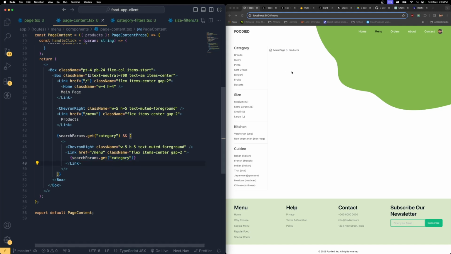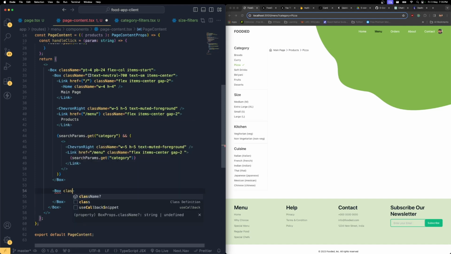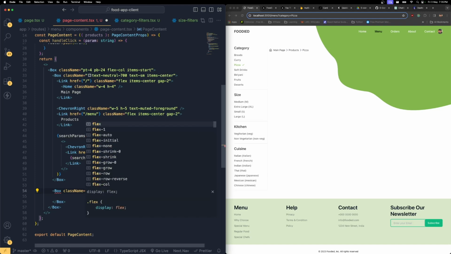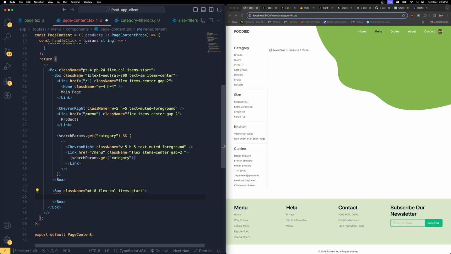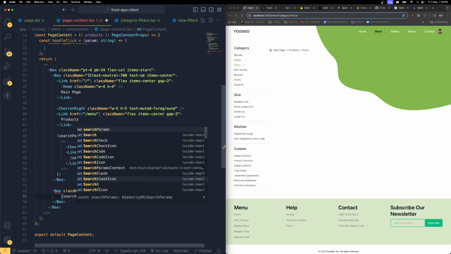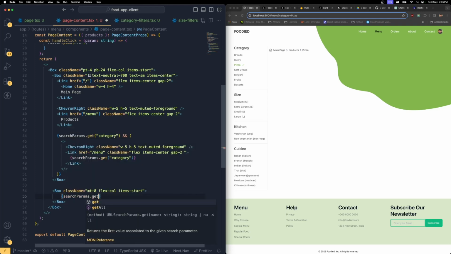So save these changes. Now we don't have anything, but if I click pizza, you should be able to see the pizza over here, because we are filtering it based on the pizza, right? That's the reason we are displaying it over there. So then right after that box, I'm going to create one more box, enter, and this time this box is going to have a class name of margin top 8 and flex column, and items, everything should be in the starting position. And inside here, if we do have the search params, then get category,